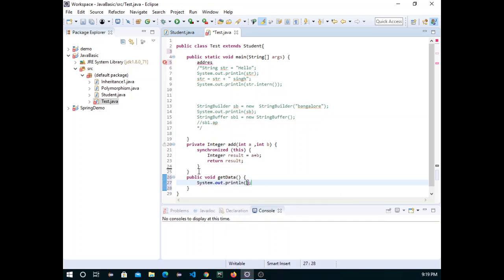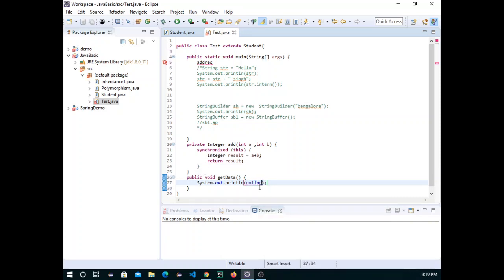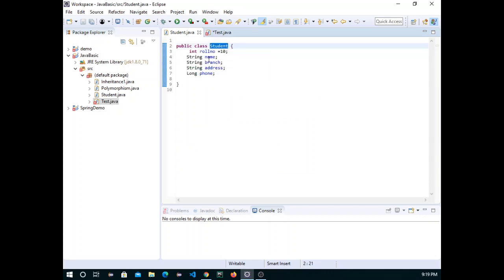Let's try to print roll number. As we can see, roll number is not defined in the Test class, but we can access this roll number without creating an object of Student, and this roll number is there in the Student class.